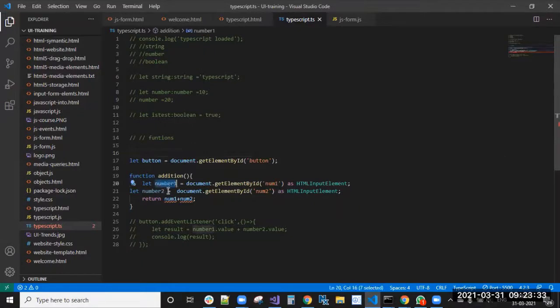Instead of that, we can do here num1 and num2 values, right?